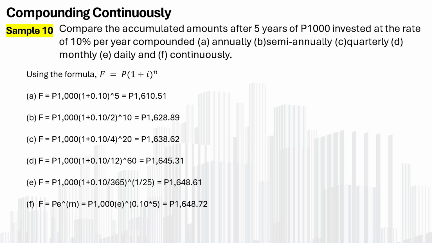Divided by number of, sorry. R natin, interest rate natin is 10% per annum, and divided by number of compounding periods, so that's 1 per annum. So that will be 0.10 per annum. Okay? So, in short, ang sagot natin ay magiging 1,610.51. Then dito naman, ang magiging formula natin here is, ba't naging 10 naman to and then may divided by